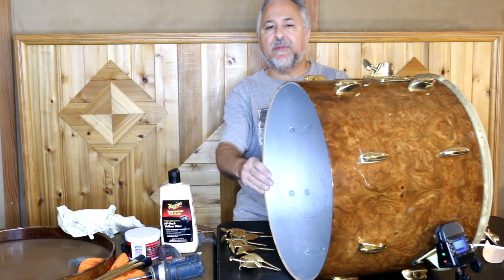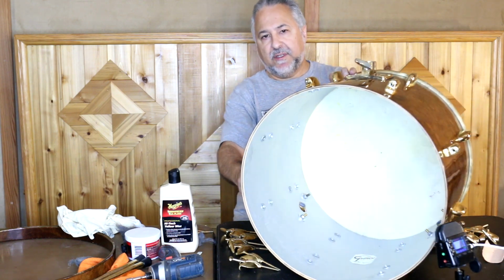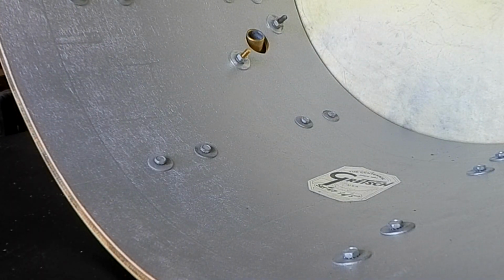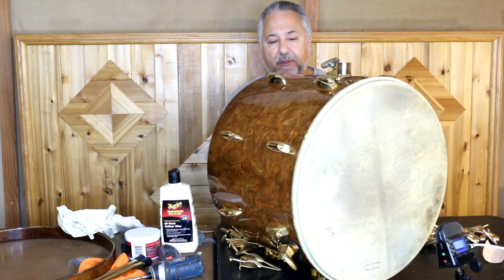But I just wanted to show you something that's common with calf heads. I'm going to show you the inside of this drum real quick so you can see it. It's 18 by 14. And then this calf head is an old Ludwig and Ludwig. So you can see that on this other camera. These are the best calf heads, that old calf heads, in other words, that you can get. The old Leedies, the old Ludwigs and Ludwigs. I have a collection of these. They're very, very old, anywhere from the 30s, 40s,